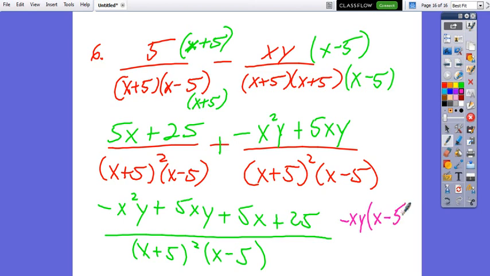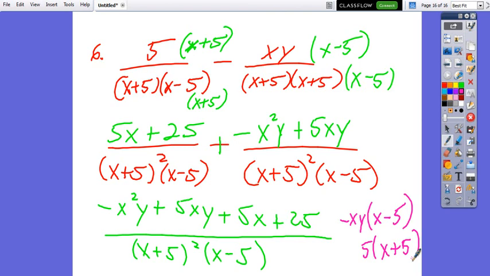Then here I'm going to factor out a 5, and that leaves x plus 5. But when I do factor by grouping, these things have to be the same. Are they the same? No, they're not. So if they're not the same, then factor by grouping is not going to work